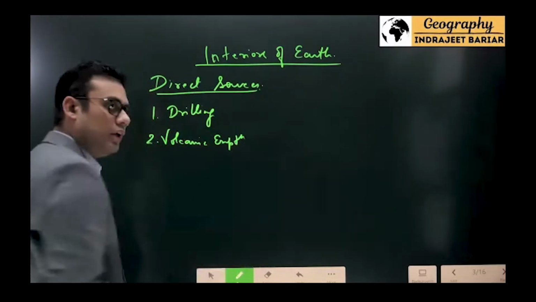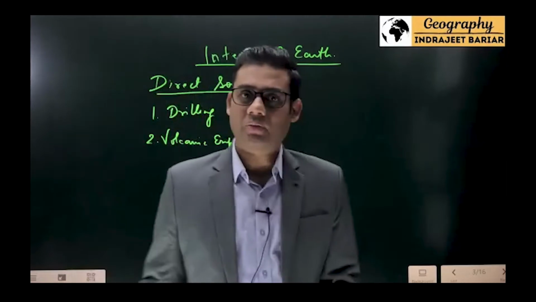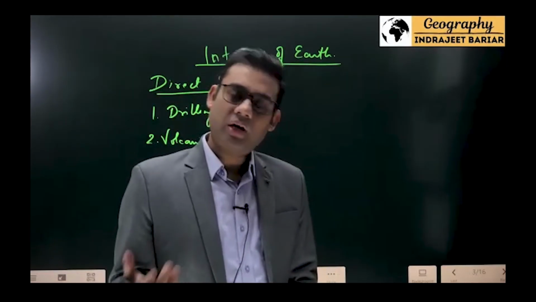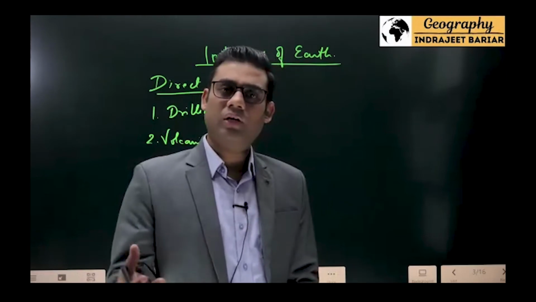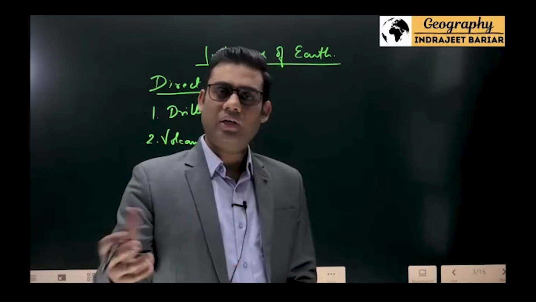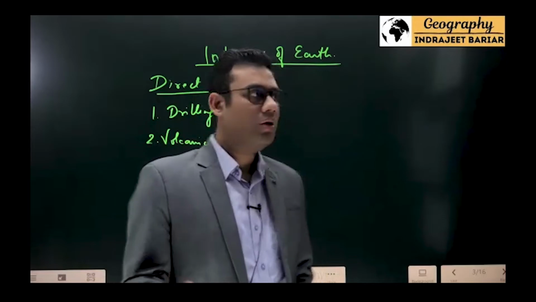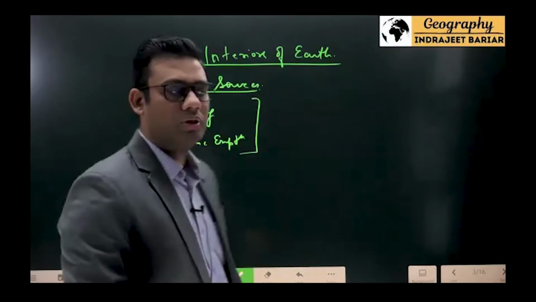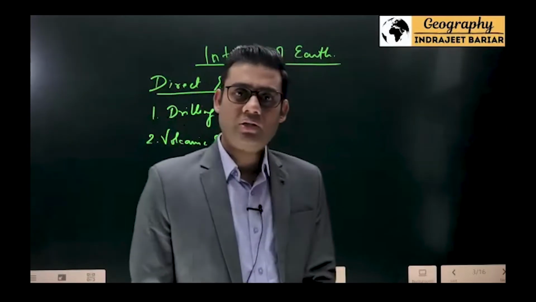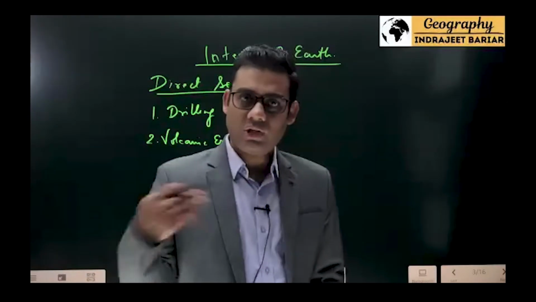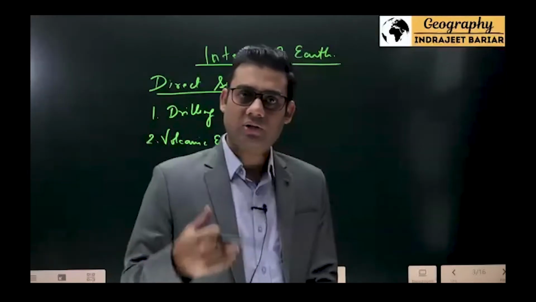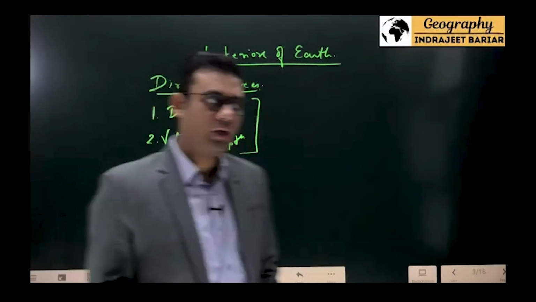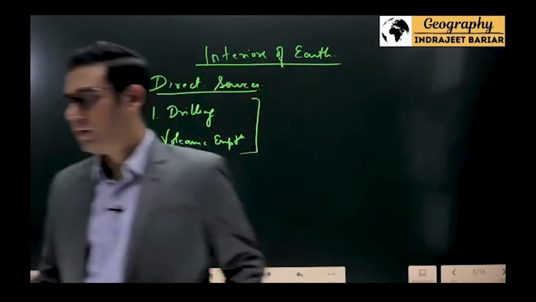So with volcanic eruption, the magma as it comes out from the interior, we can study the magma directly, and from there I can figure out what lies in the interiors of the earth. So there are certain direct sources, but with direct sources, the challenge is that the access to the interiors of earth for us is not that much, which means the drilling when you do. With the drilling, there is a limit up to which drilling can be done.